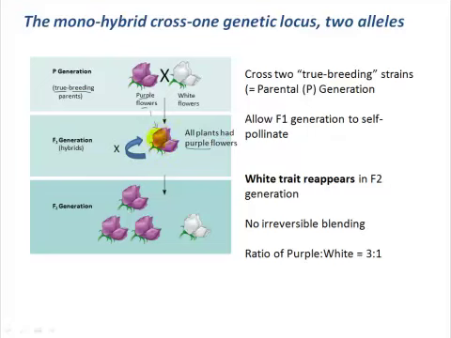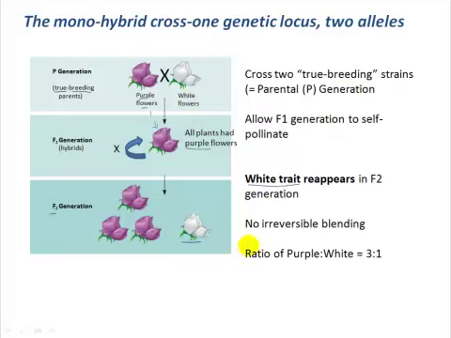So all of these F1 plants are identical because they're all formed as the hybrid offspring between these true breeding parent strains. And then he examined what he got in that so-called F2 generation, the second filial generation. And here's what he saw. He saw that the white flower color trait reappeared in that second generation. There was no irreversible blending. He didn't get an intermediate purple color that remained purple across the generations. In fact, he got back that white flower trait that he began with.